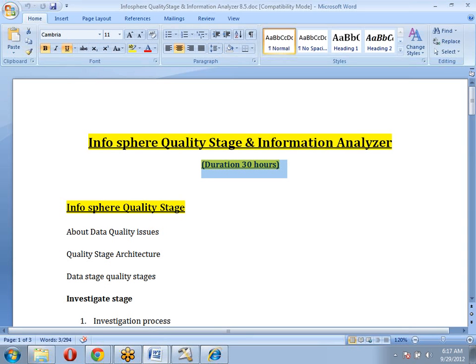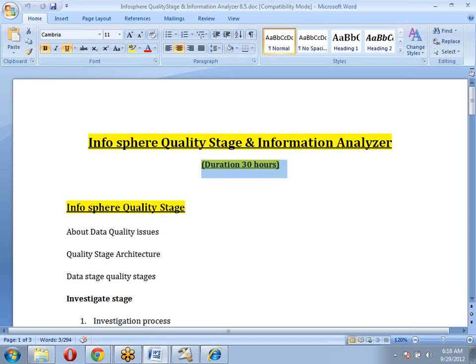Sorry, so will you cover this in a separate class, or do I have to join with this batch, or are you going to get a separate batch for that? If you want only advanced topics, there are two different cases. People who are already working on DataStage, for example 7.5 or 8.1 or 8.0.1 or any version, if they want only advanced topics, that is a different batch actually.